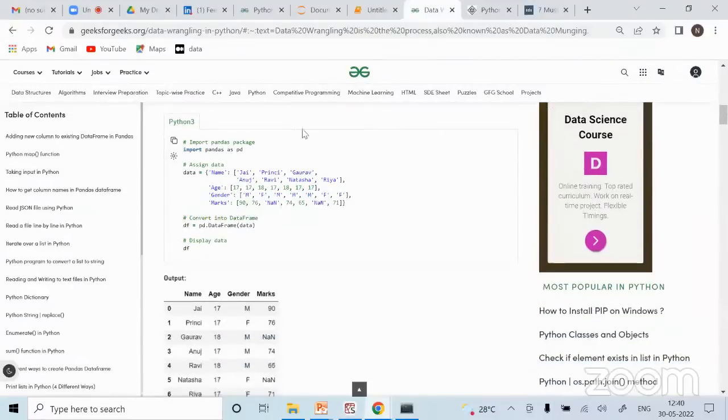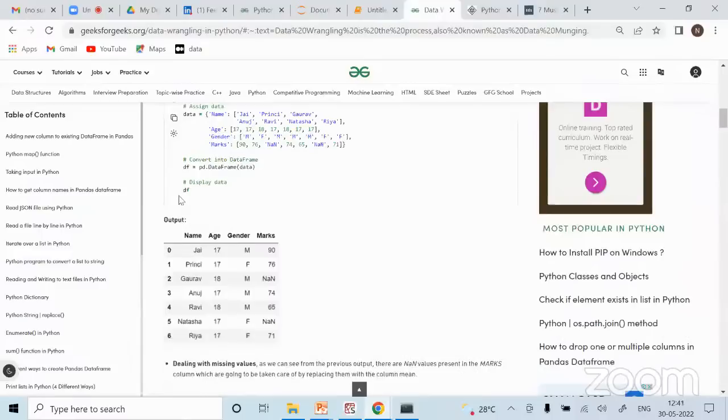What happened is I have got the data, I have converted it into a data frame, and now I'm simply visualizing. So visualization is not always just plots. It's visualizing the table also, where we simply do print df or just df, right? We are just displaying the data, checking what all is in the data. So we are just trying to get an understanding of the data, right?